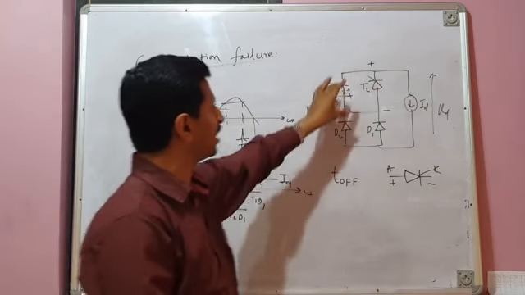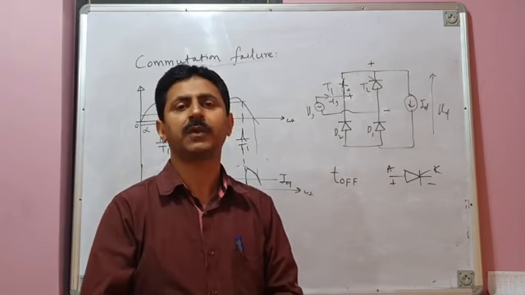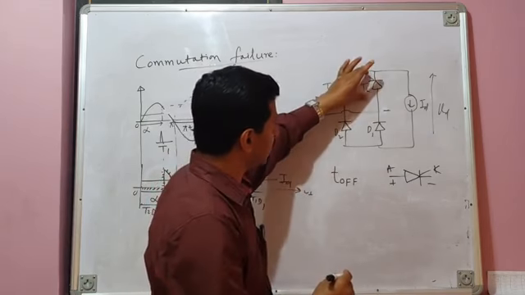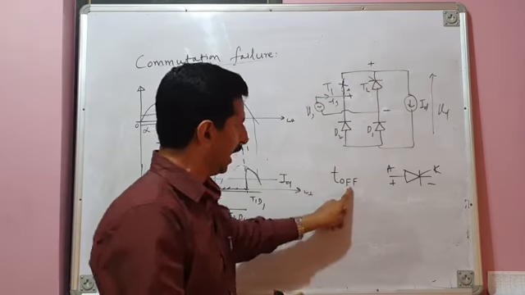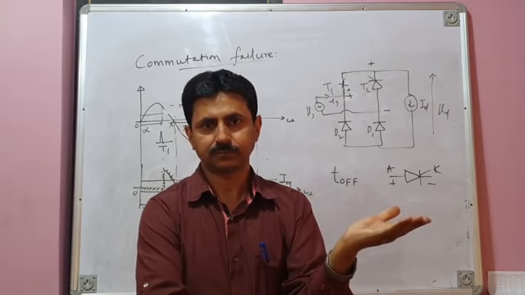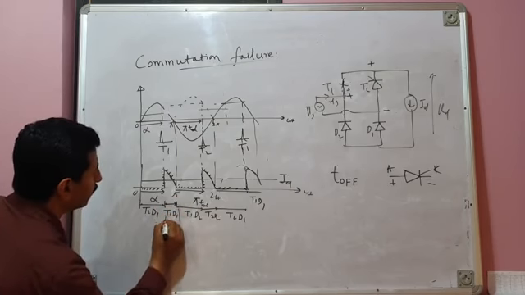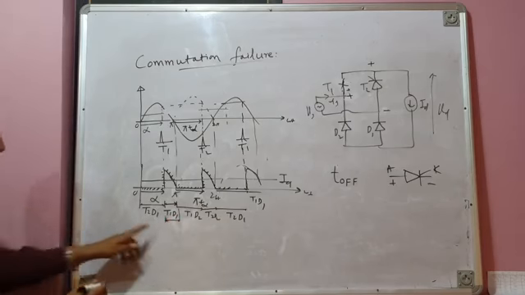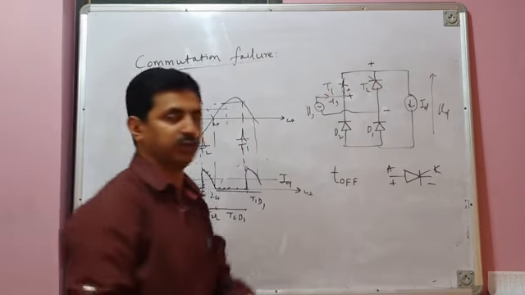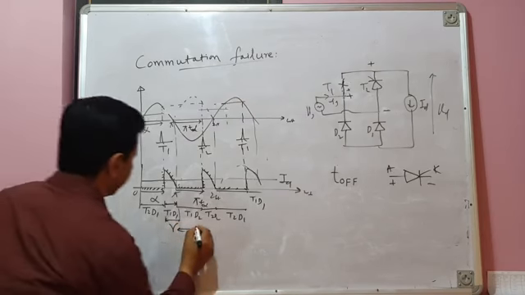Now the question is, for how much time this reverse bias should be applied across thyristor T2 so that it is completely turned off and it regains forward voltage blocking capability. The time period for which this reverse bias should be applied across T2 should be at least equal to its own turn off time, which you can find from the data sheet of the thyristor. Okay, now कितना time आपके पास है? Your T1 is on for this time. आप देख सकते हैं your T1 is on for this time, and during this time when T1 is on, it reverse biases thyristor T2. So this time is called gamma. Gamma is called extinction angle.